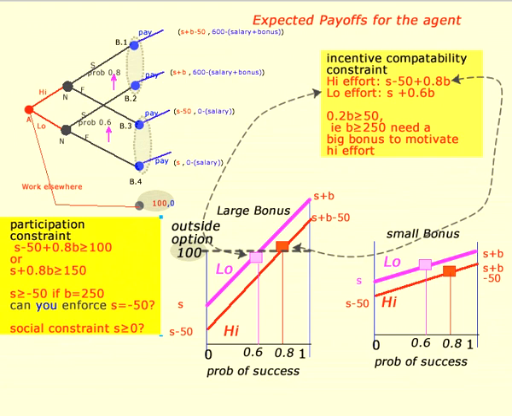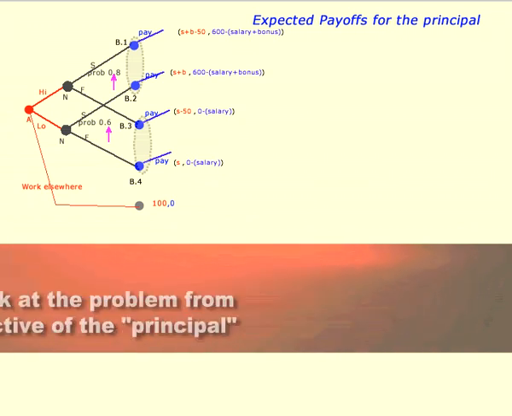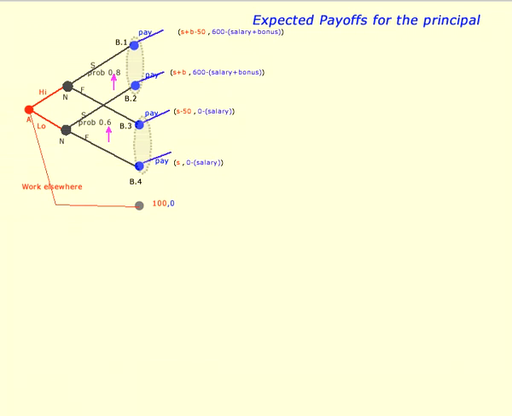Let's look at the problem from the principal's perspective. This is where I came a cropper in class a little bit, and that was partly because the labeling of my diagrams just threw me off. So, we're looking at the expected payoffs for the principal under a bonus contract where we can get the guy to work and we can get him to put in the high effort. Alternatively, we can just pay him a salary equal to his outside wage and give him no bonus.